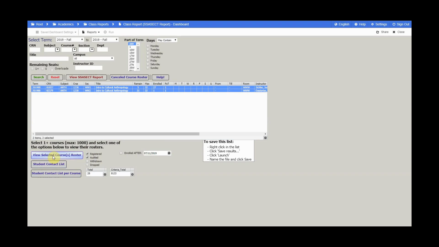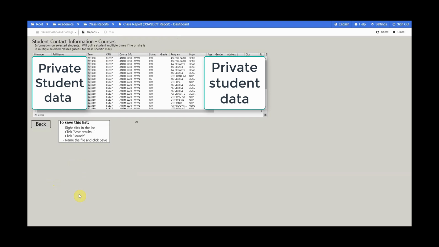Each of them provides information, but the one that provides the most information is student contact list per course. This report generates a roster of students that met the search criteria along with their directory information. In the web viewer version of Argos, you can select the gear in the lower right corner and choose Export All to CSV. This will download a file that you can then share with anyone who needs to contact those